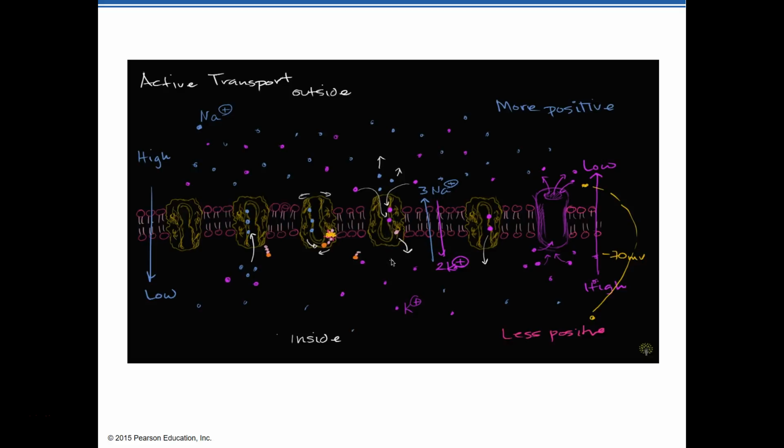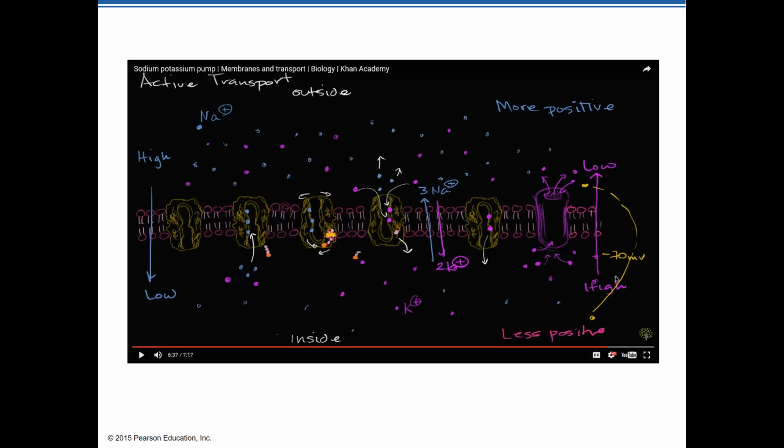Now, the sodium potassium pump isn't just about establishing. Okay, so we kind of get, at least I hope you get, the purpose and the function of the sodium potassium pump. Basically, we're pumping 3 sodiums out, 2 potassiums in, and because we're pumping more sodiums out than we are potassium in, we create that voltage difference between the inside and the outside of the cell. And over here Sal said it created a difference of about negative 70 millivolts. And that's the potential of that membrane because of the voltage difference between the two.